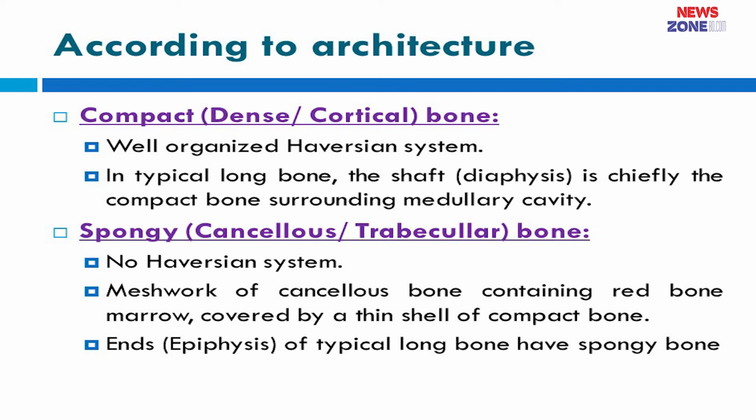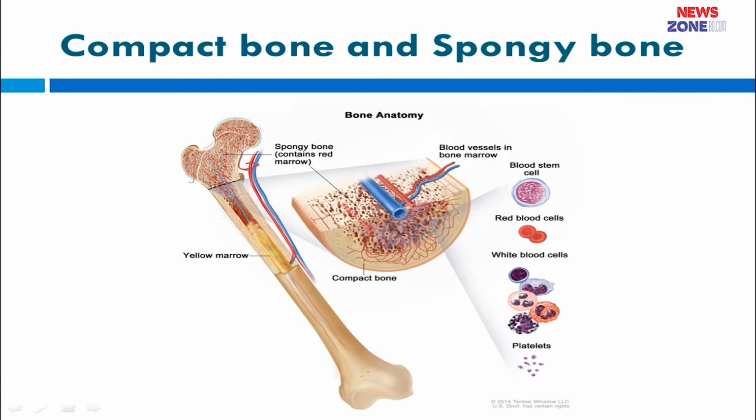On the other hand, the spongy bones, which are also known as cancellous bone or trabecular bone, don't have any established Haversian system. They are very porous and spongy, and that's why within these pores there is accommodation of the red bone marrow. At the same time, these are commonly present at the ends of the long bone. In this picture we can see the compact bone, which is present at the shaft, and at the end there is the spongy bone having a profuse amount of red bone marrow,